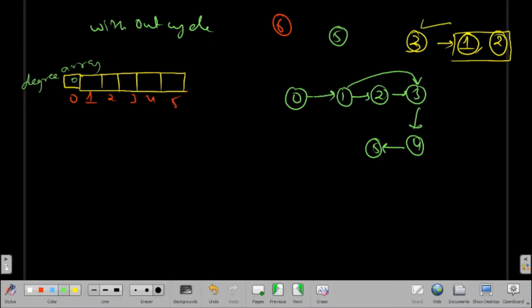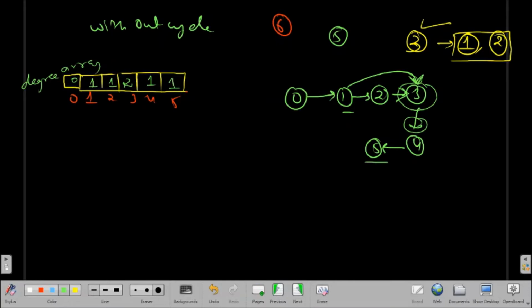For course 1 I have one prerequisite course, that is 0, so we add 1. For course 2 we have one prerequisite, that is 1, so I add 1. For course 3 I have 2 incoming arcs, so I add 2. For 4 I have only one arc incoming, so 1, and for 5 also 1. So this is the incoming degree.